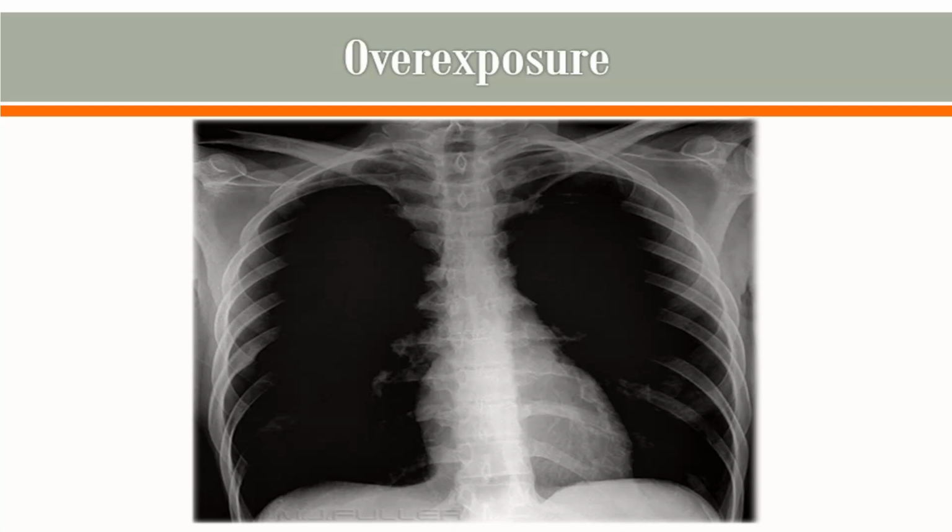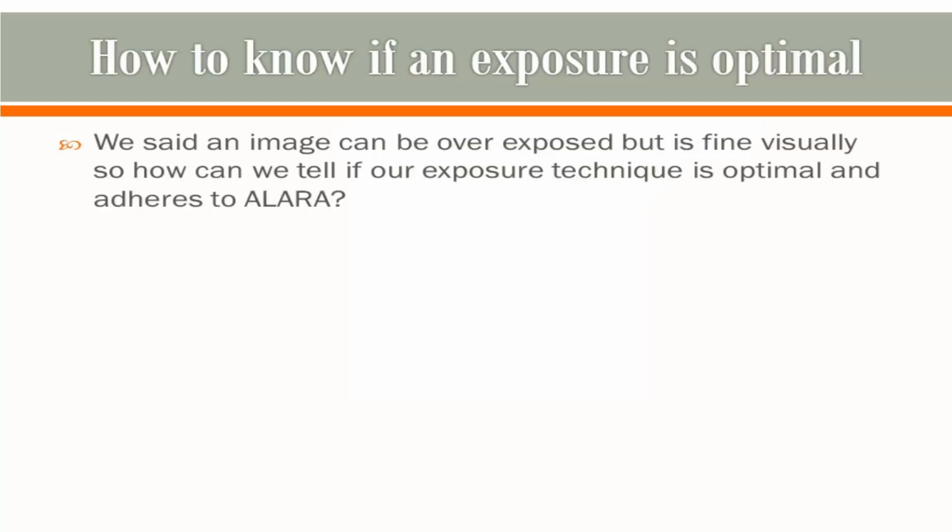This happens in digital imaging when the image receptor is grossly overexposed. For example, a kVp of 120 and a mAs of 2 would be adequate to expose a PA chest, but instead 120 kVp at 64 mAs was used. This is way overexposed. Most overexposed images appear fine visually, so how can we tell if our exposure technique is